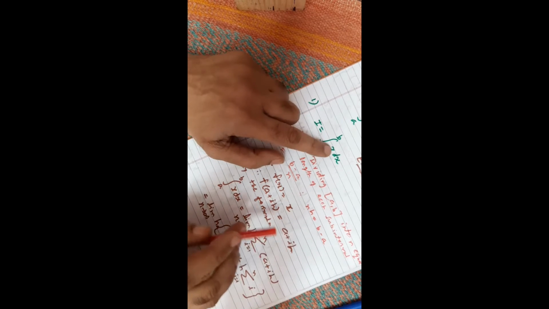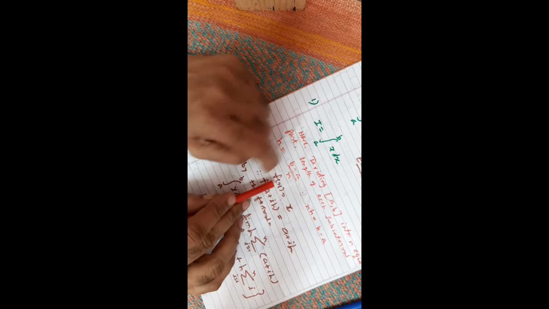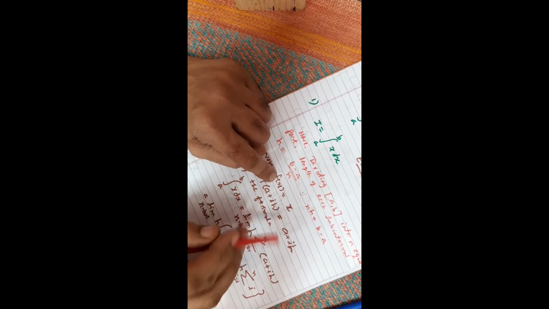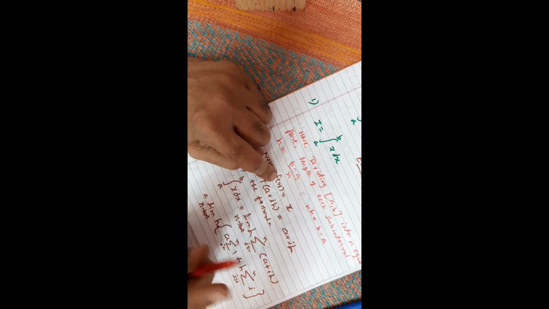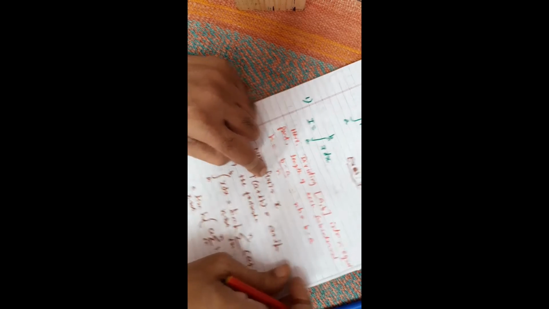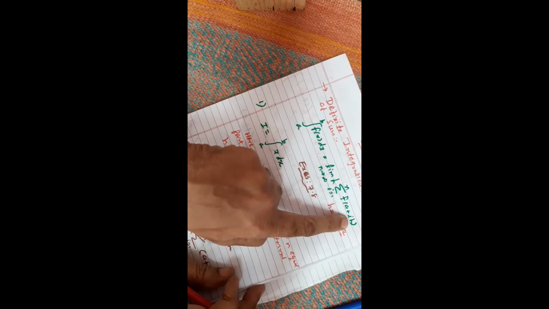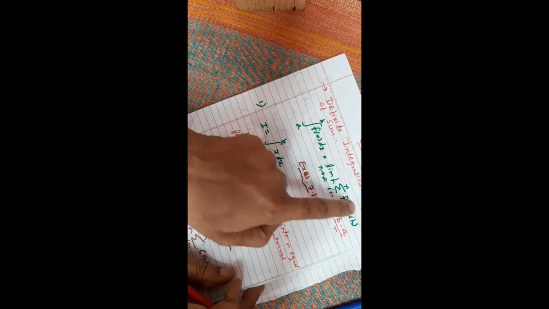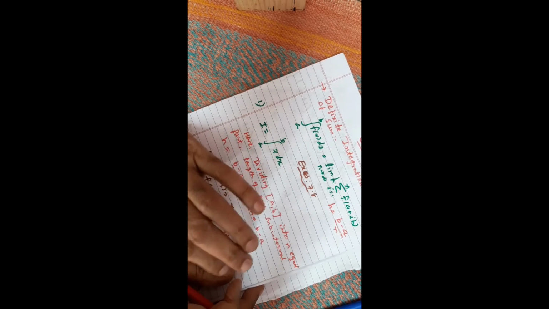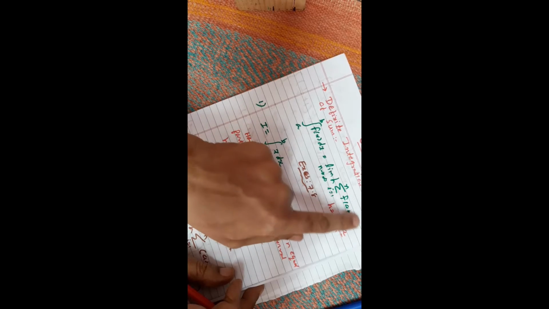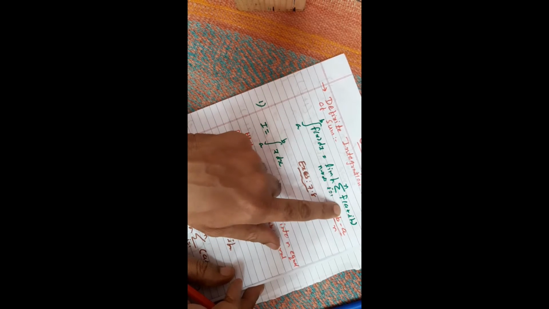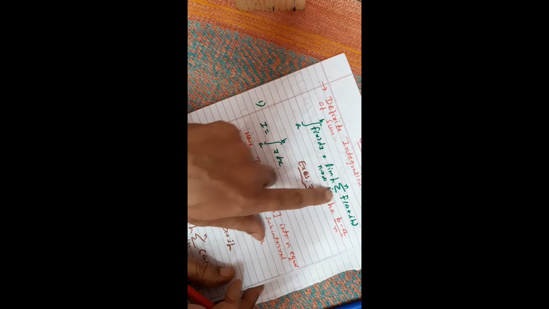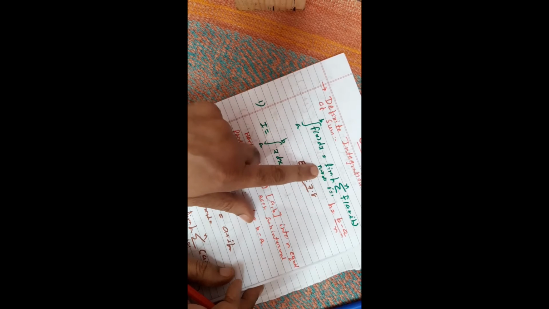And what is the sum given? x only, so it will be considered as f(x). So f(x) is equal to x. Now what is my habit, friends? In the formula there is f(a + ih) and sigma. So what I always do is first find out f(a + ih). Otherwise, until you simplify this f(a + ih), you cannot apply sigma, and if you don't apply sigma, you cannot apply the limit.